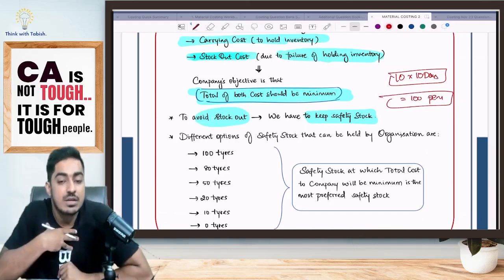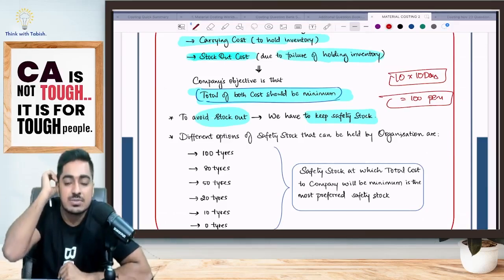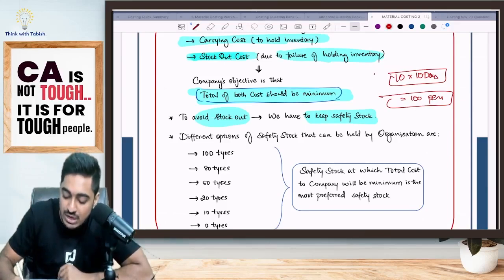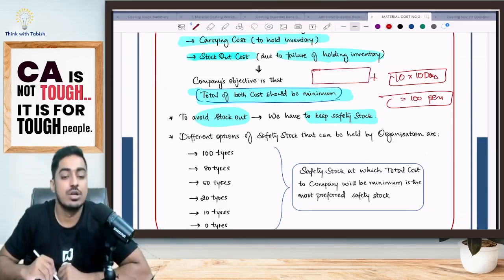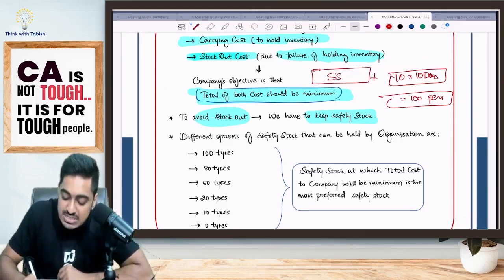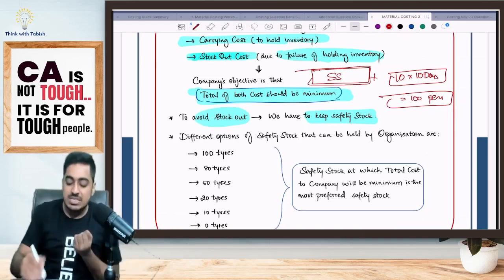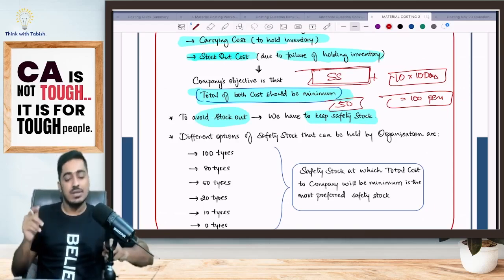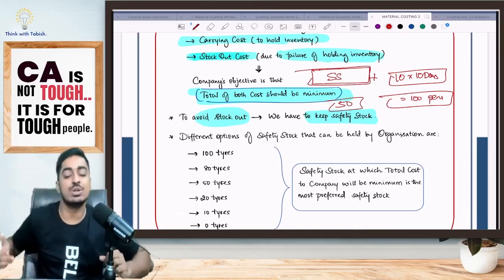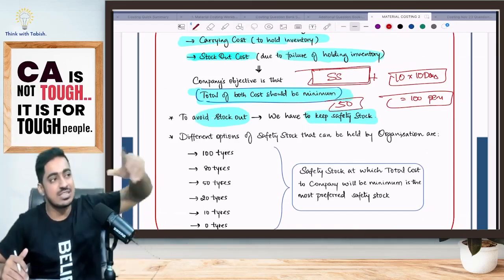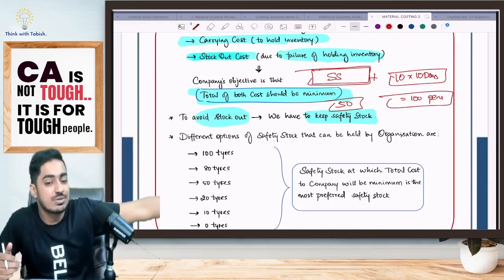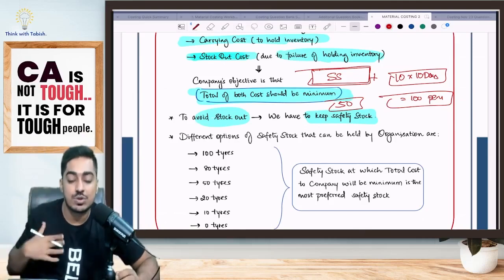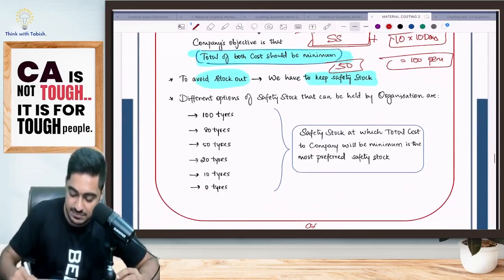But I have a fear. What if someday a big customer comes and he urgently asks for some pens? I don't have them. If I have to overcome that situation, what should I keep? I have to keep some safety stock. Imagine I kept 50 units separately as safety stock. Now I am having 100 units. These 100 units will go away. Suddenly a customer comes, he asks, do you have 5 pens? I have safety stock. Yes or no, everyone? If I have to overcome my stockout, what should I be having? I should be having my safety stock.